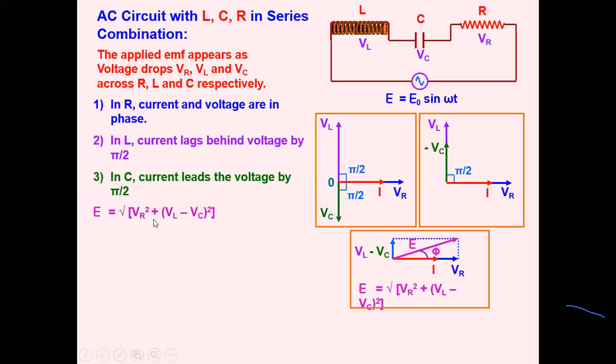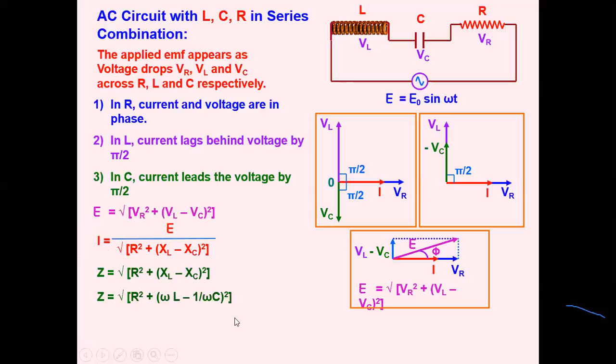This is the effective voltage across the LCR circuit, and hence we can replace this in terms of current, because this is the effective EMF, and dividing it by the effective resistance of the circuit, we get the current. Here Z is the effective resistance, called the impedance of the circuit. Now time is running out, so just learn about that. And this is the phase, and next day I will discuss this.